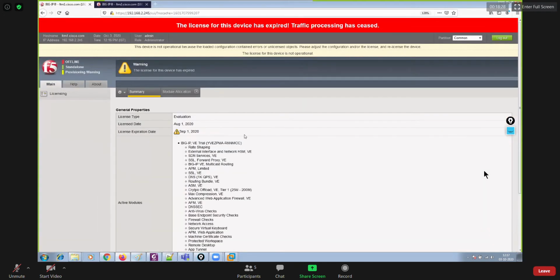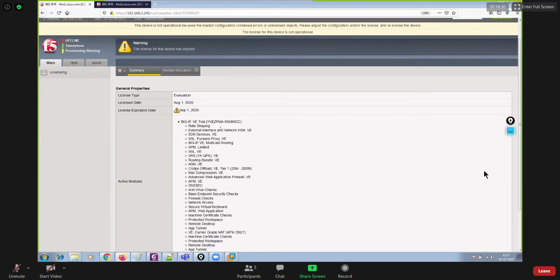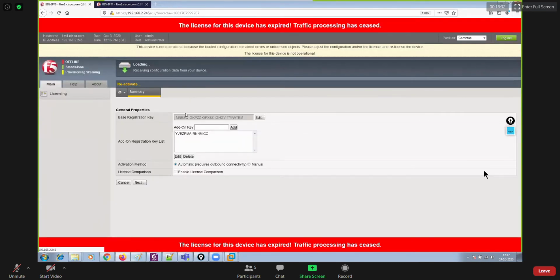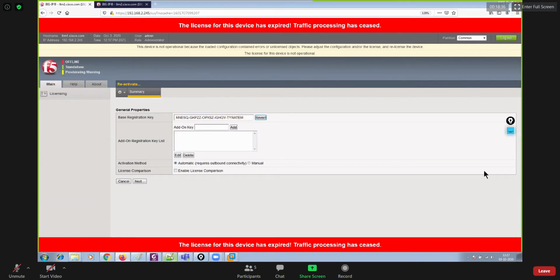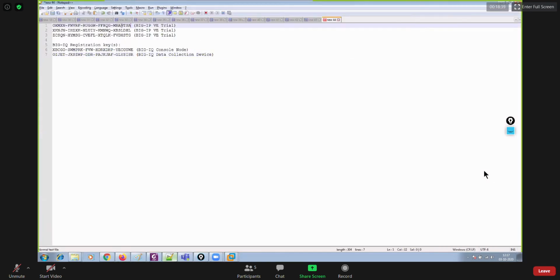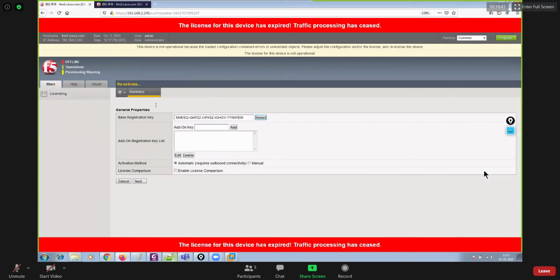Okay. So the license is already expired on both of the boxes, so I'll reactivate that. To do so, I would require some keys that I already have. I'm going to use the first key on our first LTM, and thereafter go manual, say next.